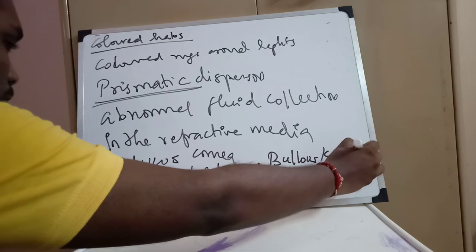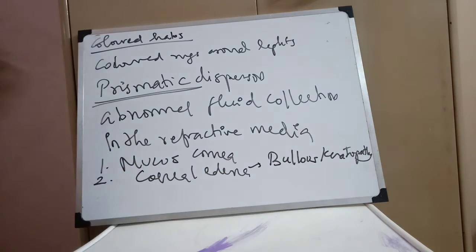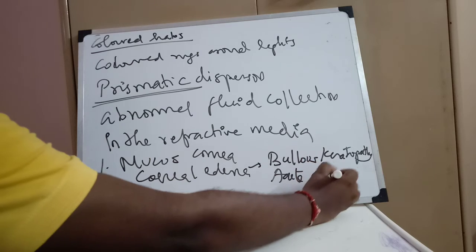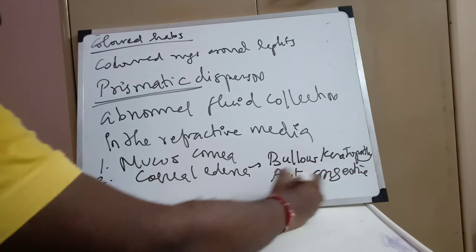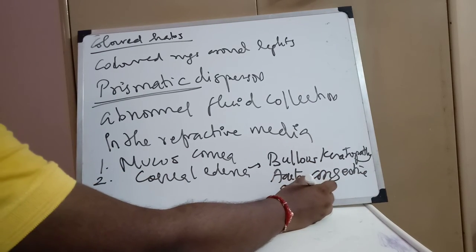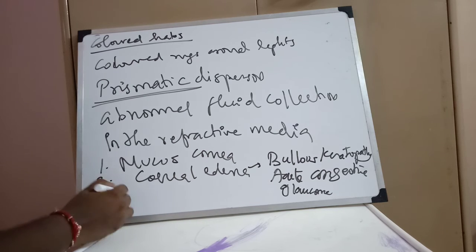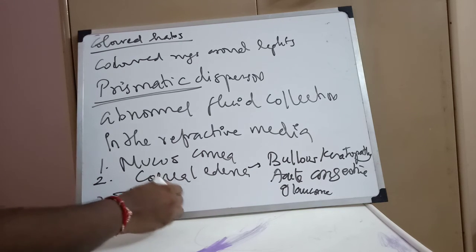Corneal edema can be seen in bullous keratopathy. It can also be seen in acute congestive glaucoma. So what is glaucoma? I forgot to tell you guys. Basic idea: glaucoma is any visual field defect accompanied with optic nerve or optic head changes, which may or may not be accompanied by rise in intraocular pressure. In acute congestive glaucoma, you can have corneal edema. And third one, you can have it in immature cataract.